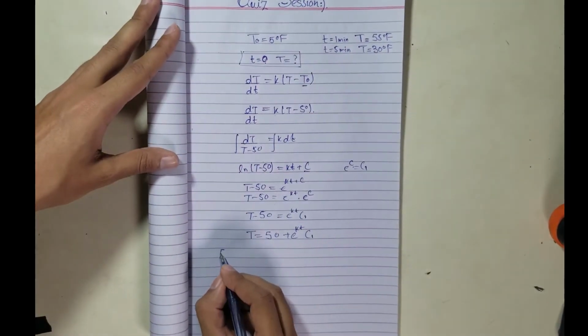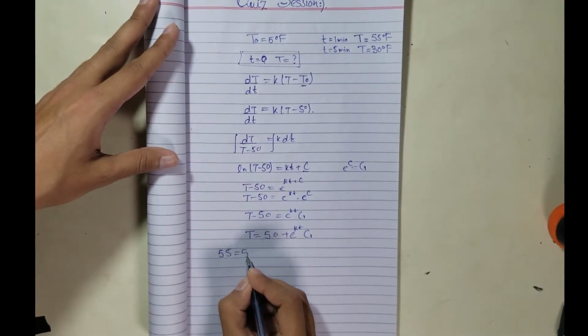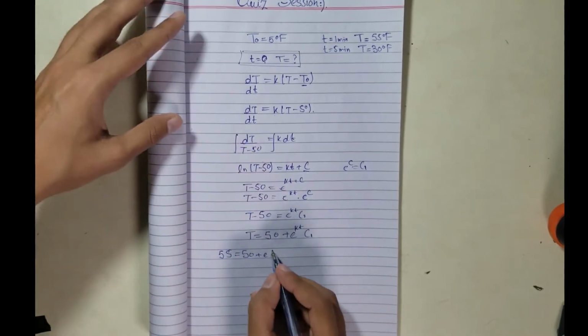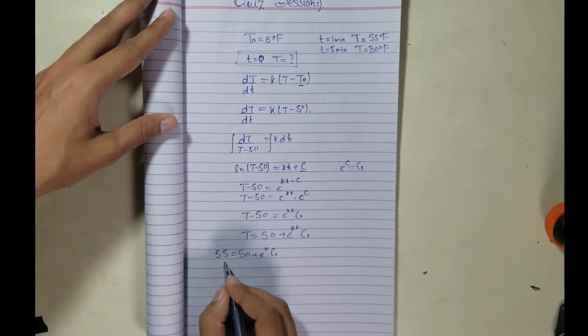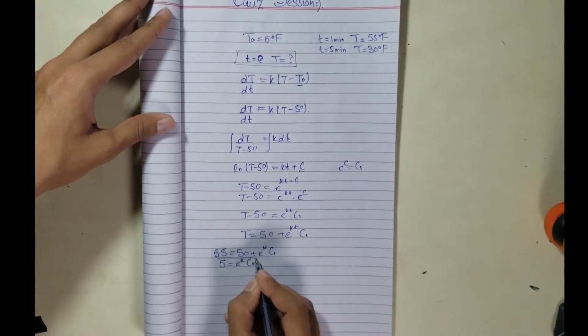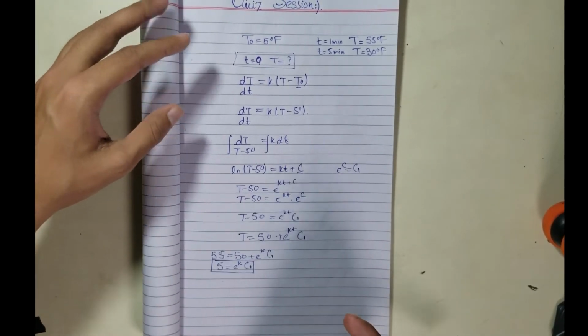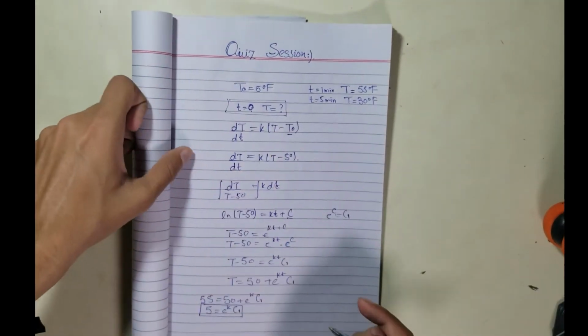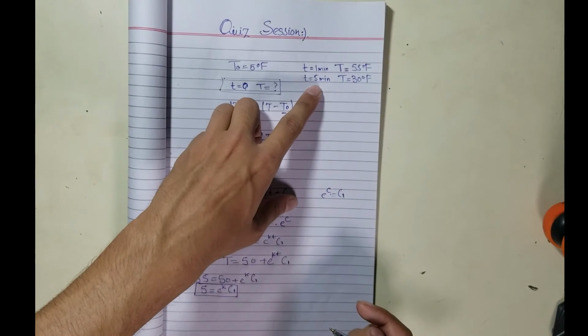So 55 is equal to 5 plus c1 e raised to the power k. Simplifying this expression, 50 is equal to c1 e raised to the power k. This is our first expression. Now we have another condition. As two constants need two conditions, putting time equal to 5 minutes and temperature equal to